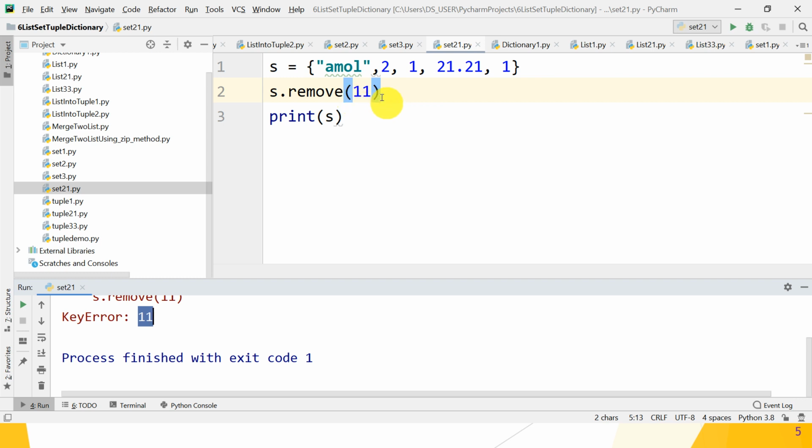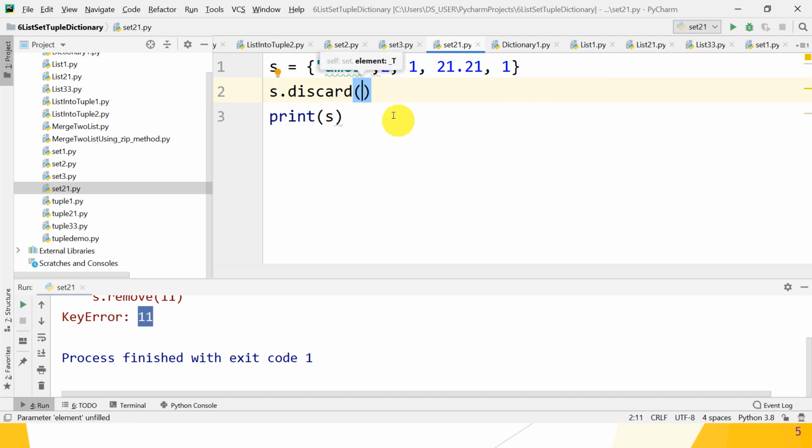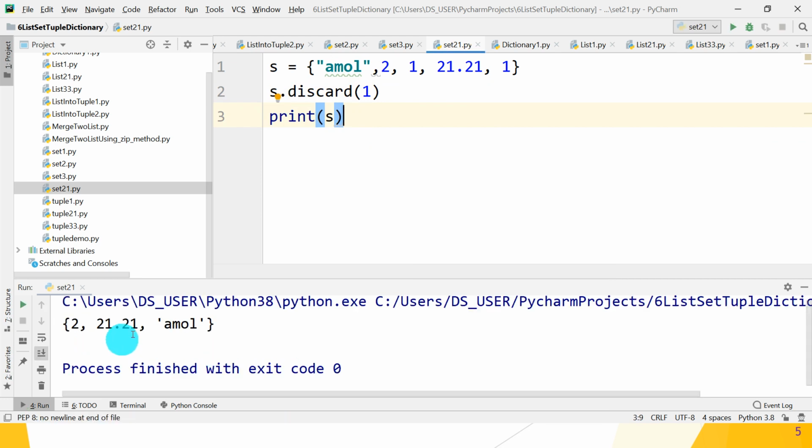So what is the difference between remove and discard? So use the discard method. If we want to delete 1, run it. Yes, the element is deleted from the set, great.